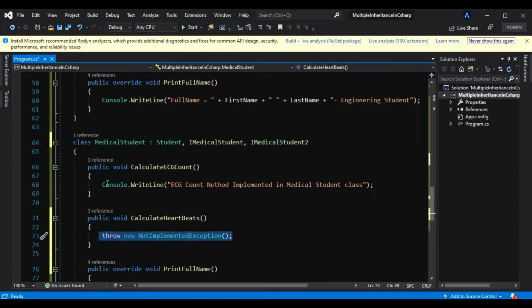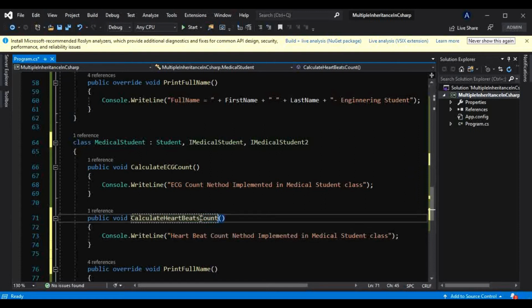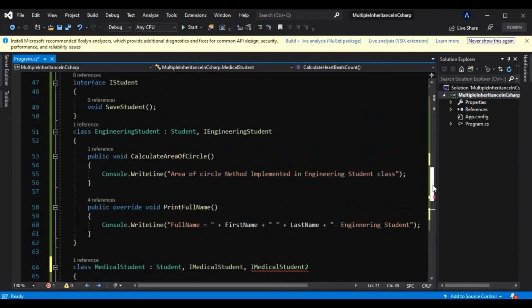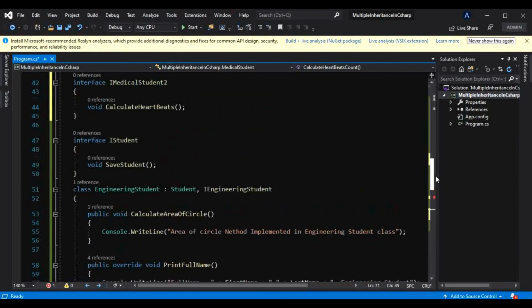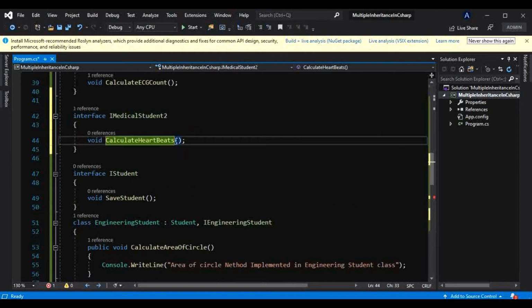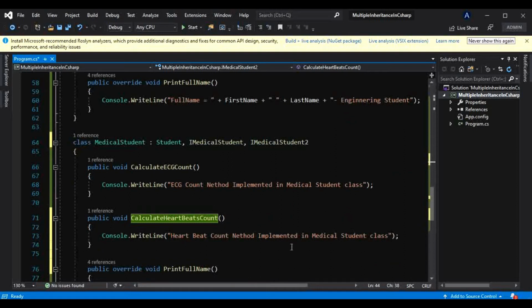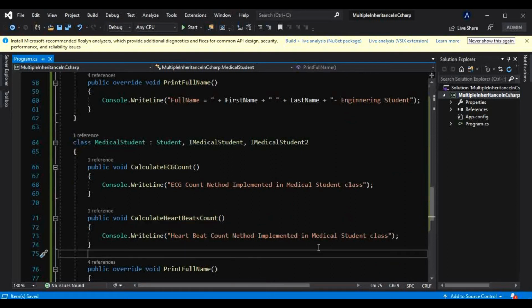I will provide a simple message here, and let's name the method calculate heartbeat count, and I will change that here as well. Now the heartbeat count method is implemented in the medical student class. It is working fine, so let's try to use that in the main method.